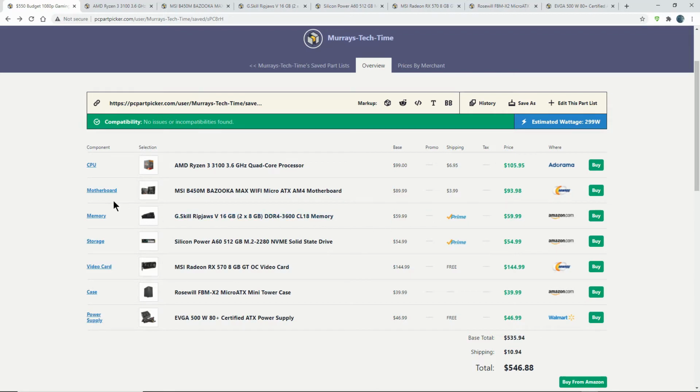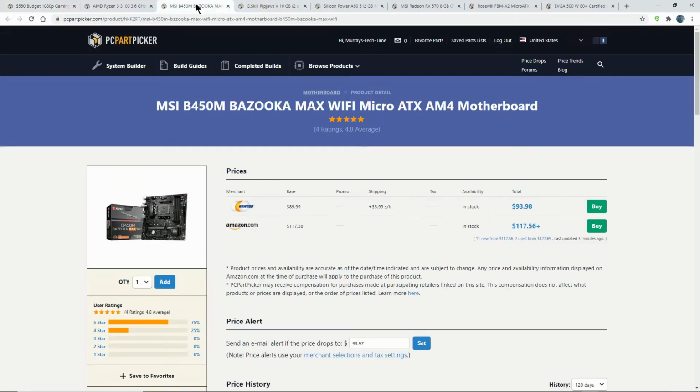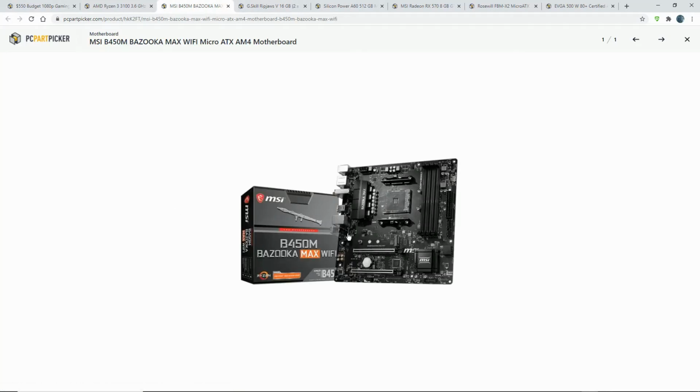The next one is the motherboard, which is an MSI B450M Bazooka Max Wi-Fi Micro ATX motherboard, and it's from Newegg, and it's $93.98, and that's it right here. Make it a little bit bigger. It's got a heatsink here. Notice the heatsink up here, but it doesn't matter because this heatsink here will take care of it anywhere up to probably a 3600 or even the 4600 whenever it comes out,